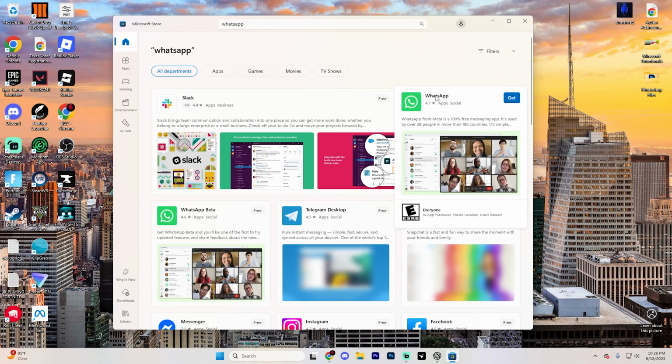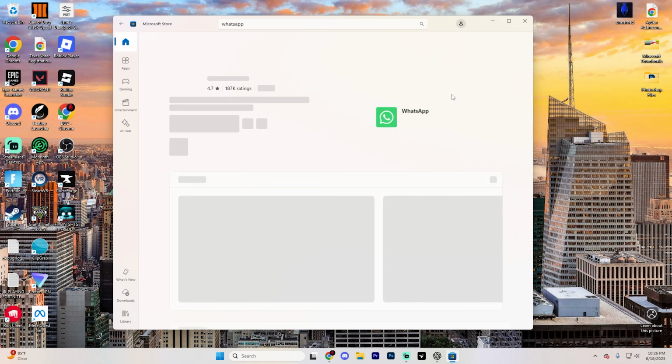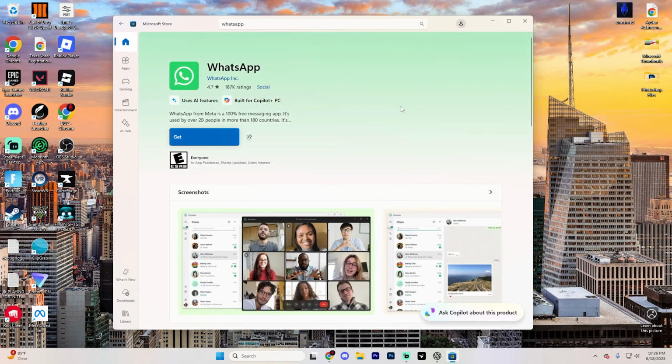Find the WhatsApp app that you're trying to install and click on it. And it should pop up with a page that looks like this. You just need to go ahead and click the Get button, and this actually acts as an install button on Windows. Once it's finished installing, simply click Open on this same page, and then you can go ahead and click